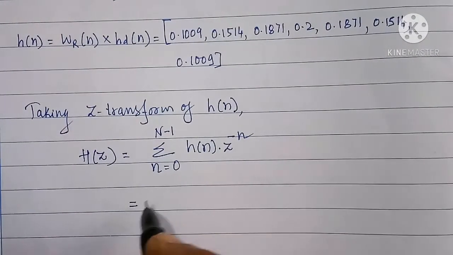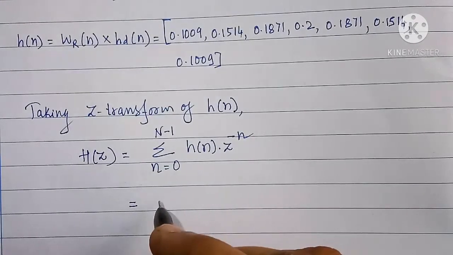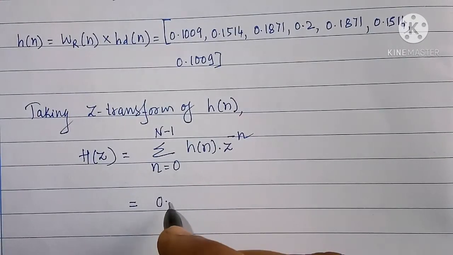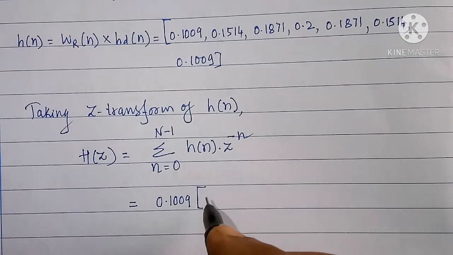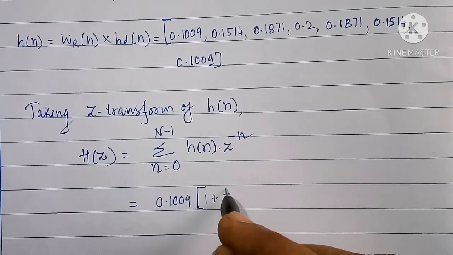That is 0.1009 into the bracket 1 plus Z raised to minus 6